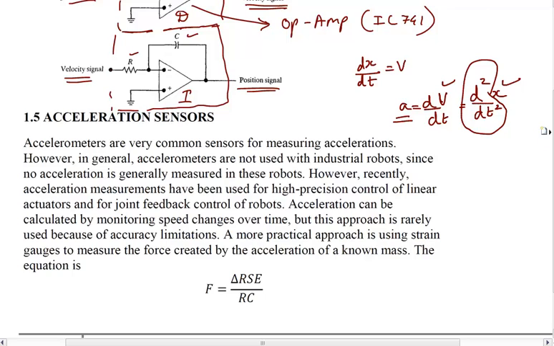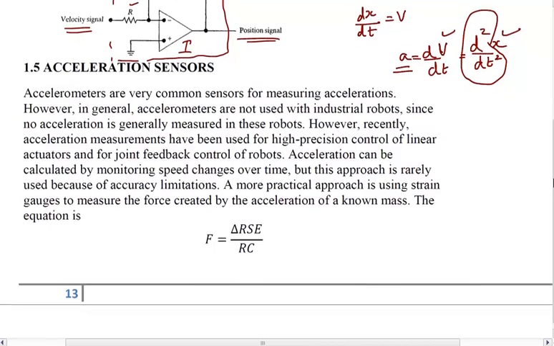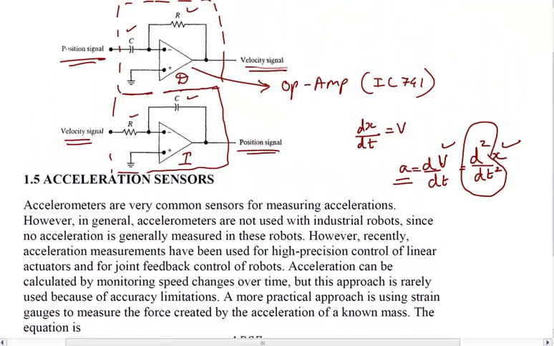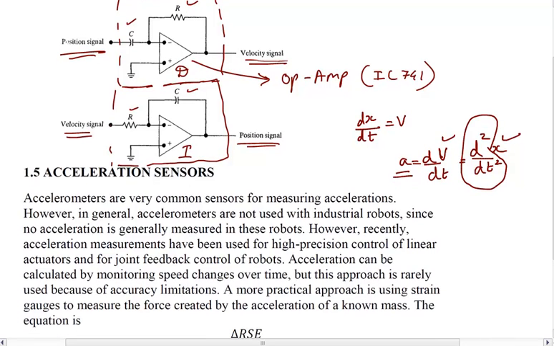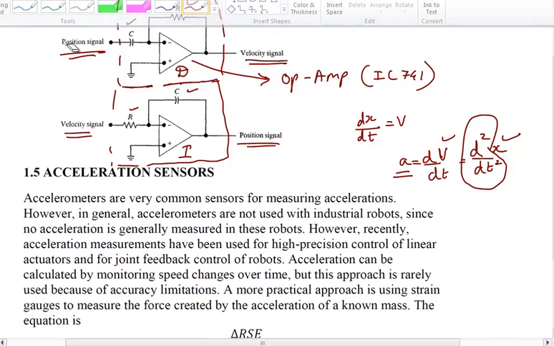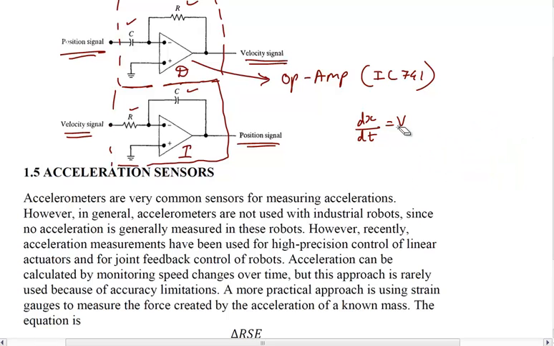Okay, so for that what we use is basically a strain gauge. So what is the technique? The other technique that we use, let me tell you, is that we do not differentiate, because that is not going to give a very good result. So for the acceleration sensor, we know that the force on any body is mass into acceleration. That means that much acceleration is being experienced by a body, that much force it will exert.